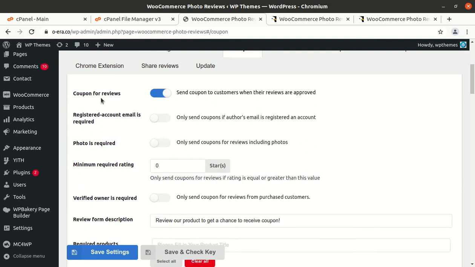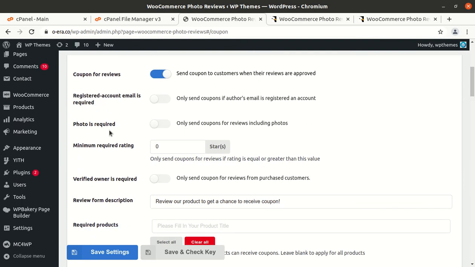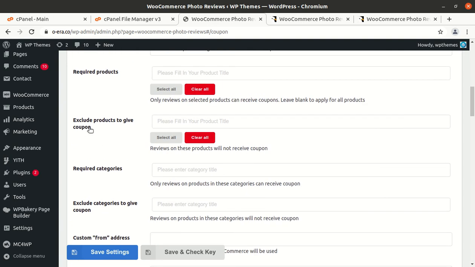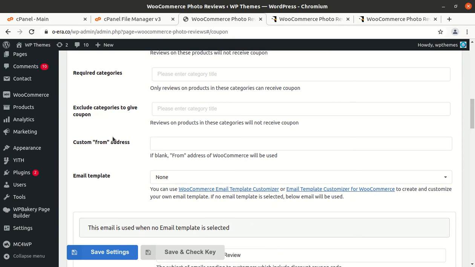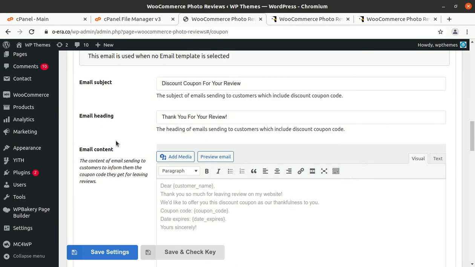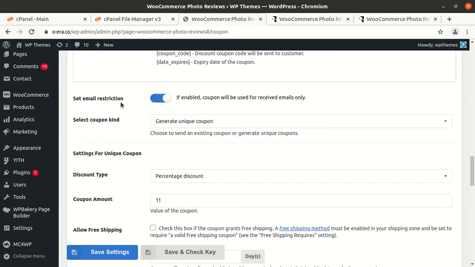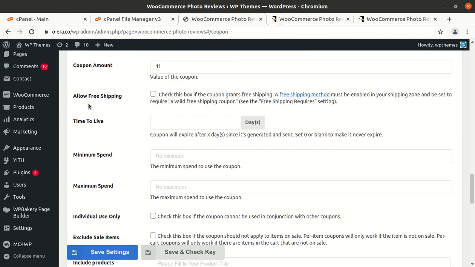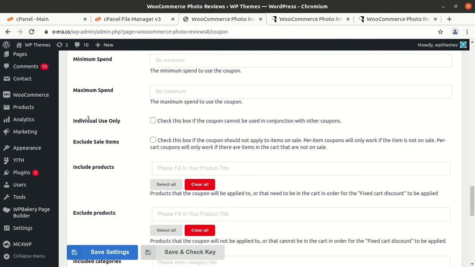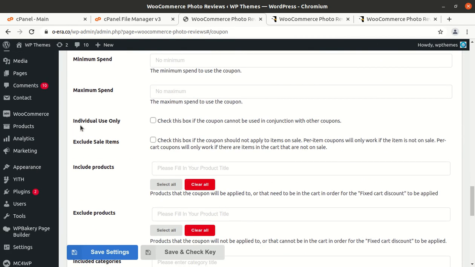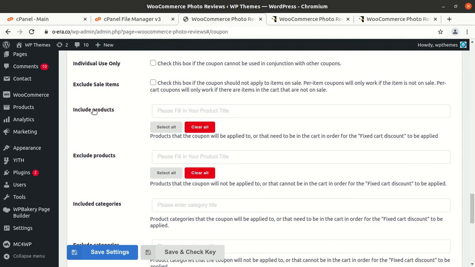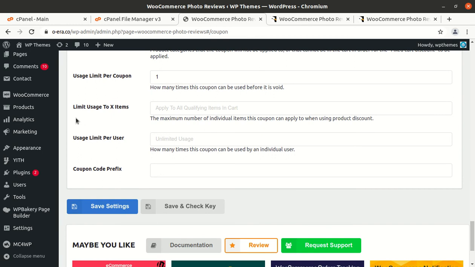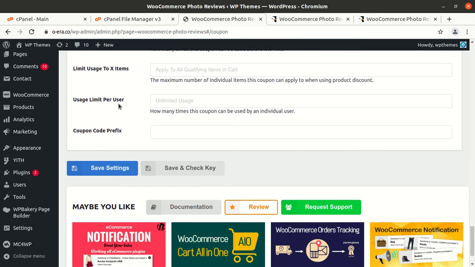Now coupon for reviews: registered account email ID is required, photo is required, minimum required rating, verified owner is required, review from description, required products, exclude products to give coupon, required categories, exclude categories to give coupon, custom from address, email template, email subject, email heading, email content, send email restrictions, select coupon kind, settings for unique coupon, discount type, discount amount, allow free shipping, time to live, minimum spend, maximum spend, individual use only, exclude sale items, include products, exclude products, included categories, usage limit per coupon, limit usage to X items, usage limit per user, coupon code prefix.